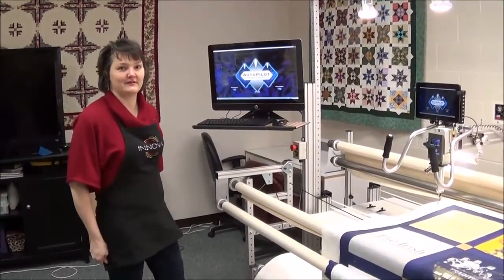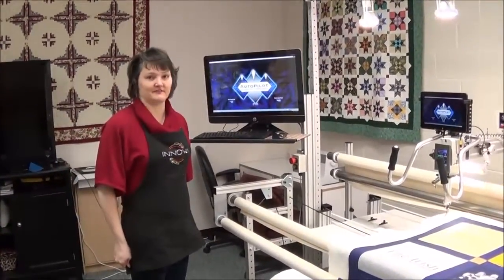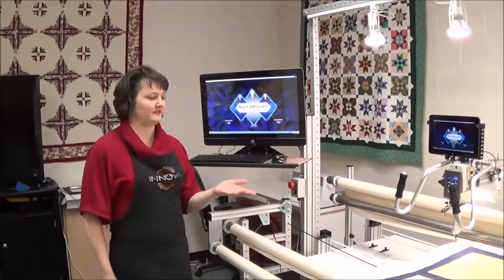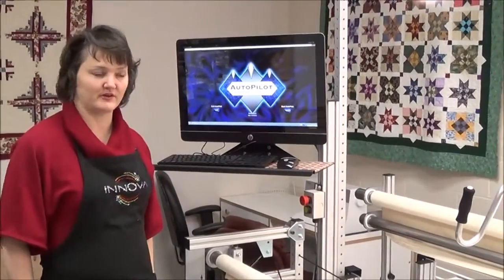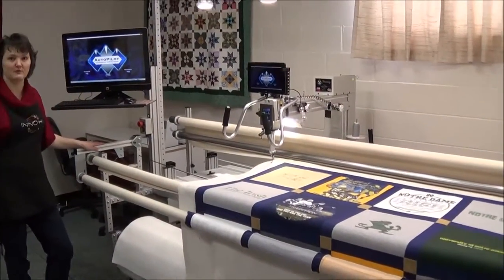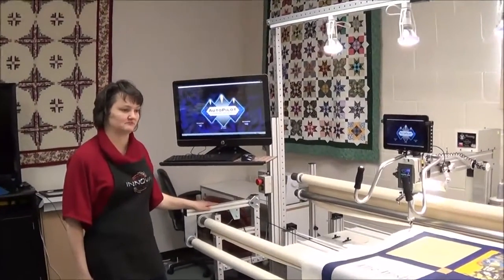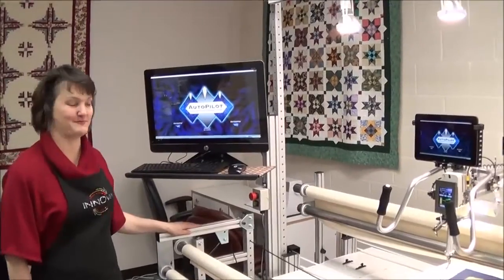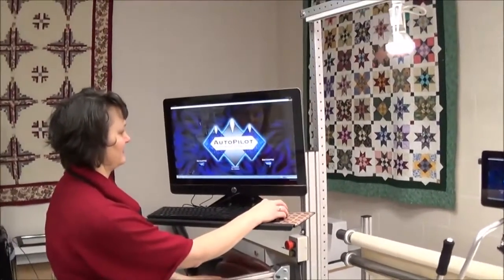Today let's set up an edge-to-edge design on a quilt top. We have a t-shirt quilt here loaded and ready to go, and we've picked out a pattern that has shamrocks and a St. Patty's Day theme. We're going to enter our AutoPilot,